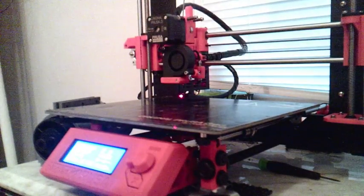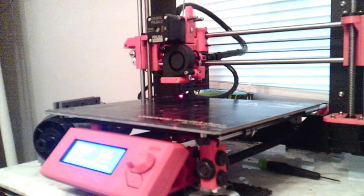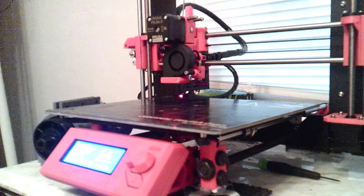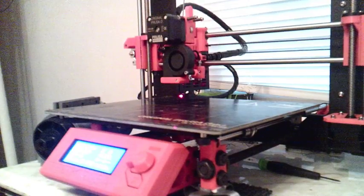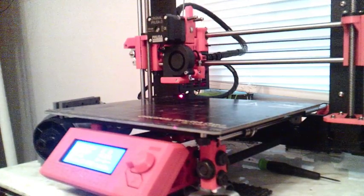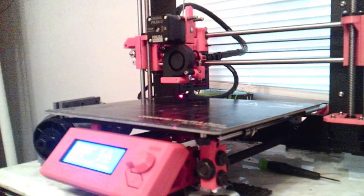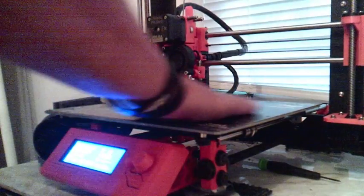How is the angle on the 3D printer? Can you see it well? It's a little... What am I using for broadcasting? I'm using OBS for Mac. Alright, so we're heating that up. I have...